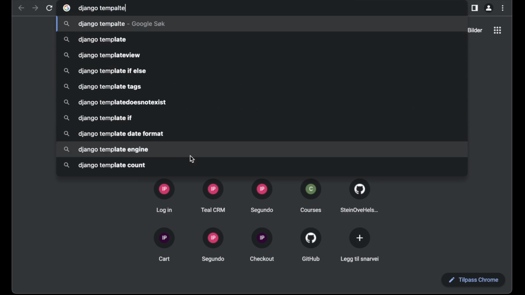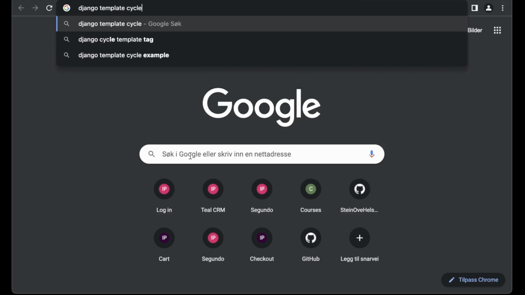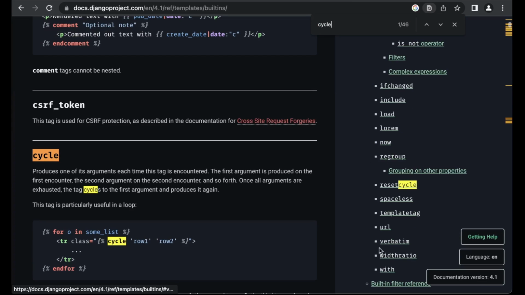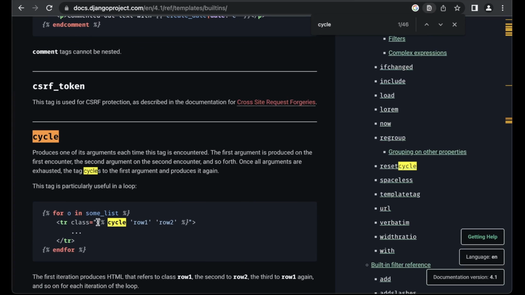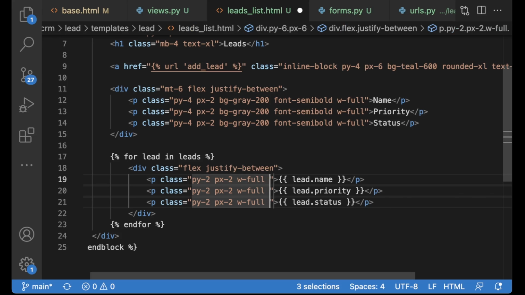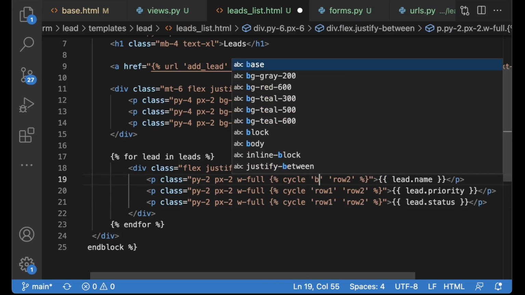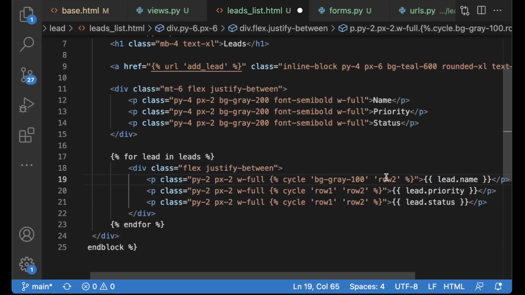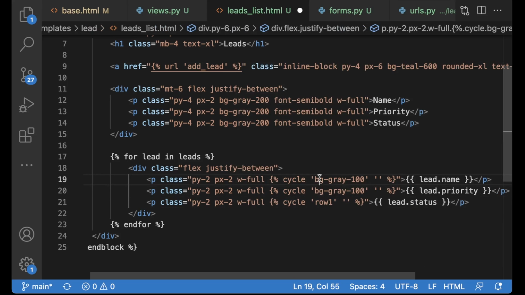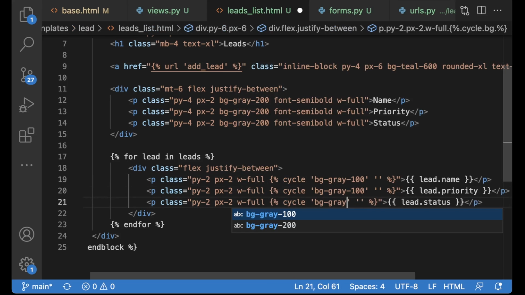Django template cycle, and then just copy this, and then I can say bg gray 100, and this can be empty. bg gray 100, bg gray 100, and save.